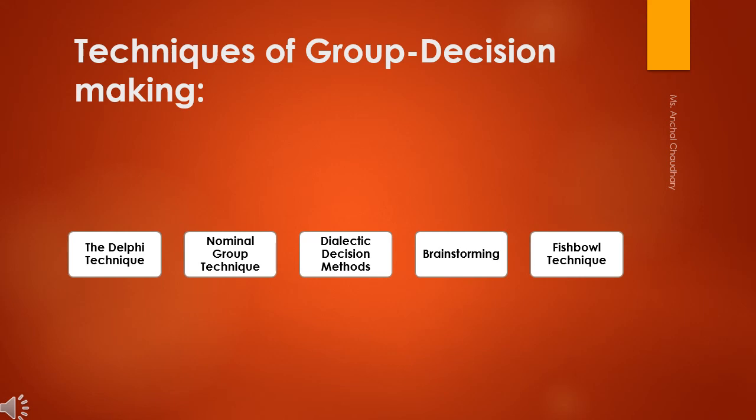Next is dialectic decision making. Some face-to-face decision-taking groups converge too quickly on one alternative while overlooking others. Their incomplete evaluation of options may reflect either the participants' dislikes of meetings or their lack of willingness to confront tough issues. So what you have to do is, whenever you are going to involve a group of members in